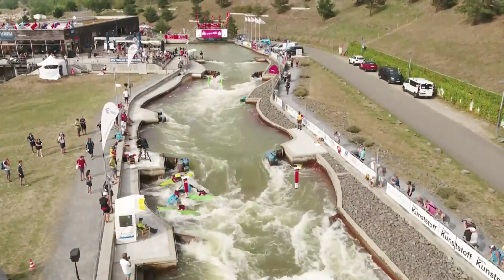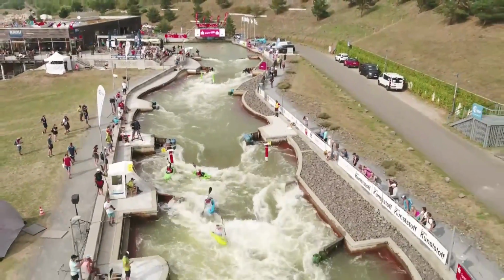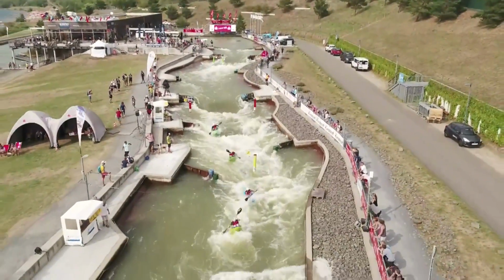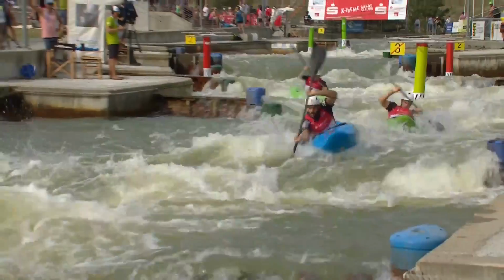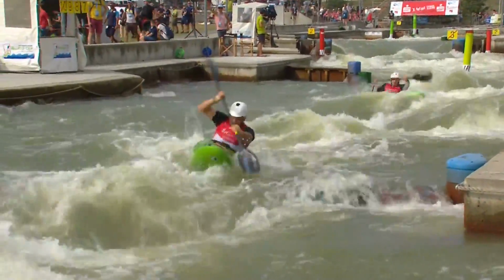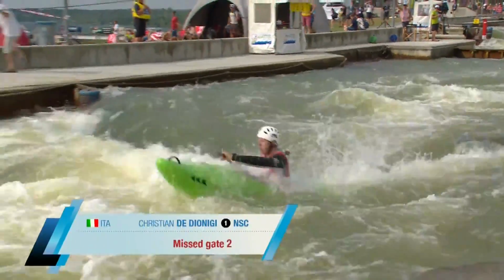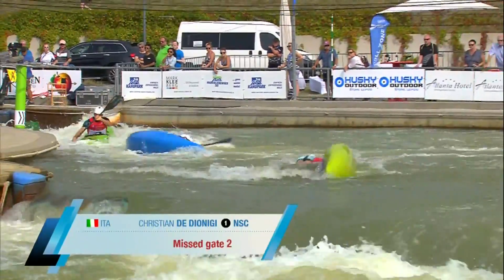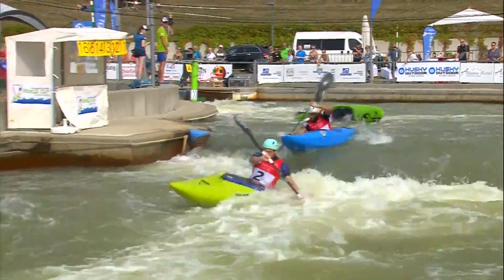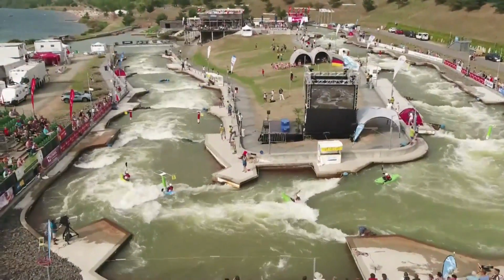But they're all going into the same upstream gate, and well, Christian De Dionigi was really squeezed out. It'll be interesting to see whether he's got a correct negotiation on there. I'll have to wait and see. So at the moment it is clearly out in front, Max Carlsen of Sweden. And yes, there's a big shock. Christian De Dionigi of Italy eliminated because he got squeezed out, didn't negotiate the upstream correctly, and eliminated at this